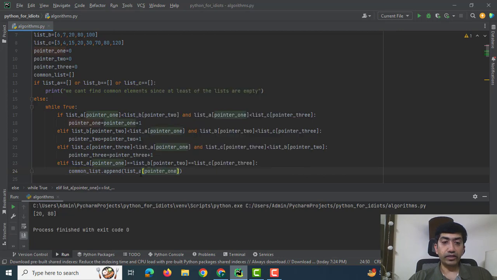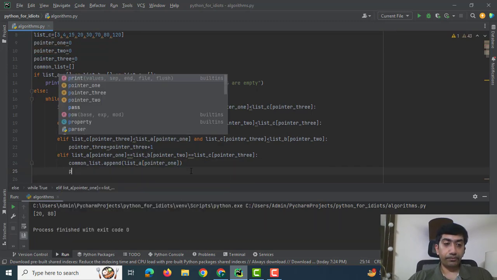I can also do list B pointer 2, list C pointer 3, but I am doing list A pointer 1 for my convenience. You can choose any value you would want. It doesn't matter, because the value at that particular index for any of the lists would be equal.